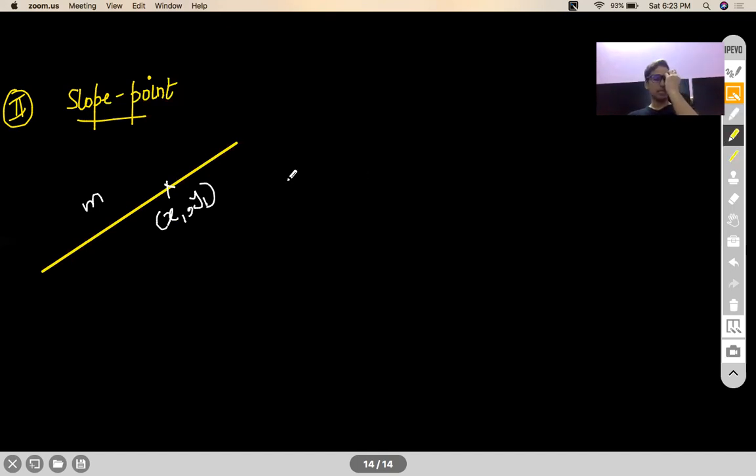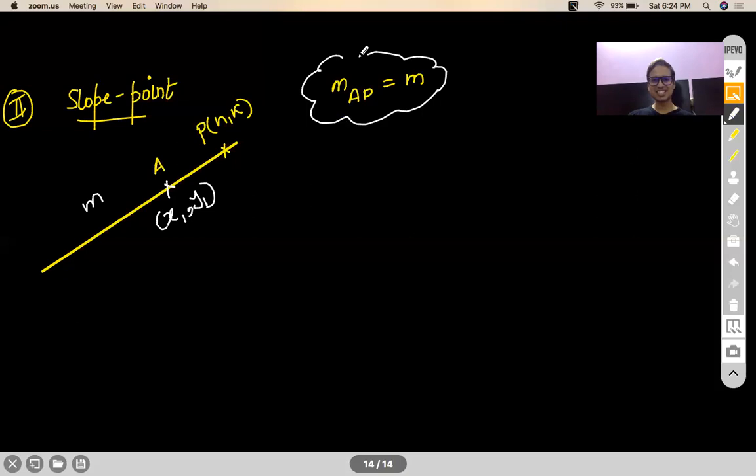Okay, now I think this is also on the same core principle as we took. So let's say h comma k is a point. If you want a line to have a slope of m and passing through h comma k, then it is basically the locus of all such points P whose slope, let's say AP slope, will always be m. Correct? This is my locus condition.